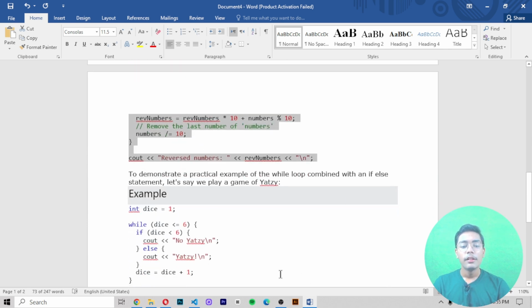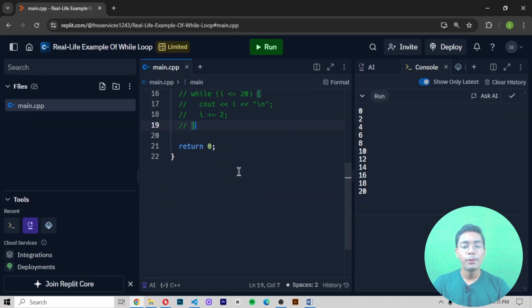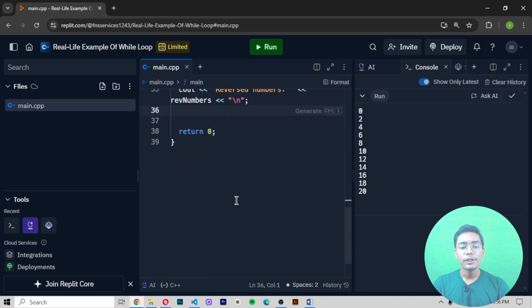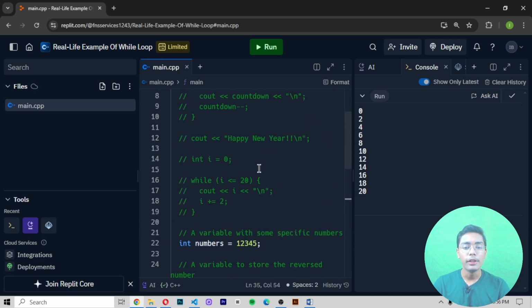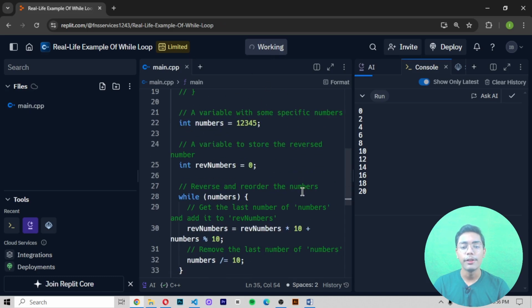This is a small program, you can say another small program, but this is a reverse loop program. It is not really interesting, but if you want to reverse numbers or reverse loops, you can create this program. It's your choice. Then if I run this to get the output, you can see the reverse number we are